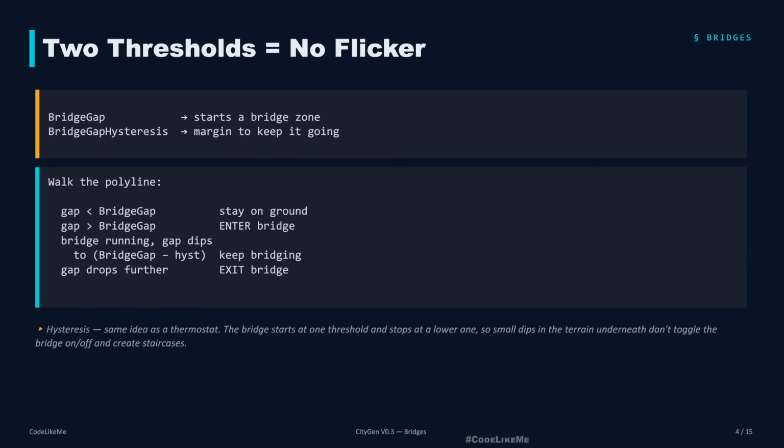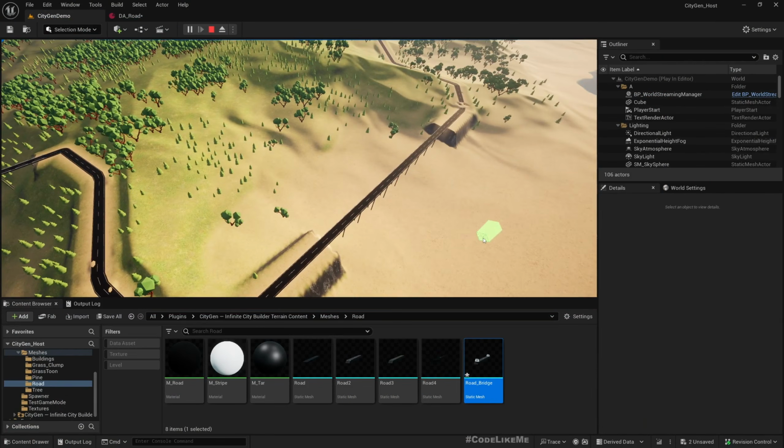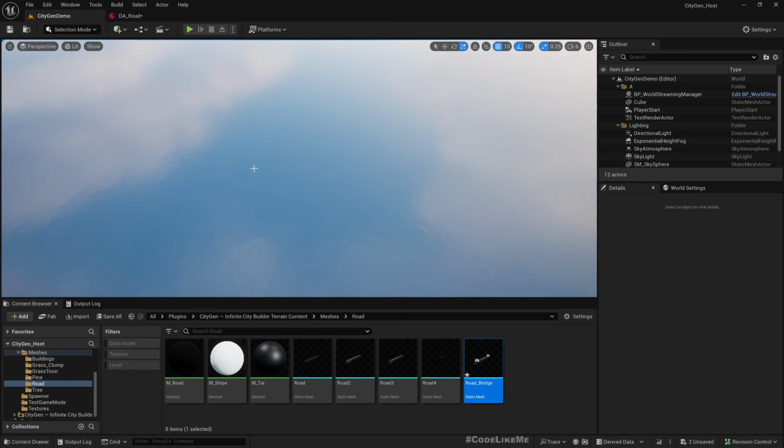And this is something that I have done to define how long a gap should be to consider it a bridge or to deform the terrain. So here, if I stop, under the bridge section, I have, oh, it's under here. I should move it to bridge. So this bridge gap, I have defined it as 1000. If I make it 2000, you would see